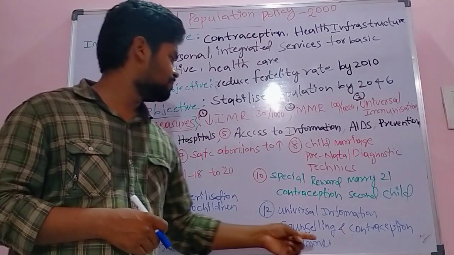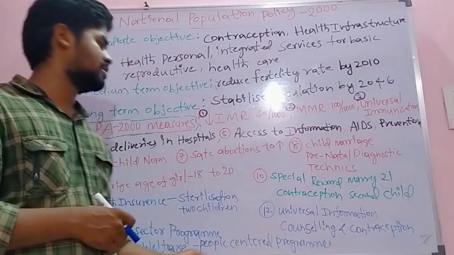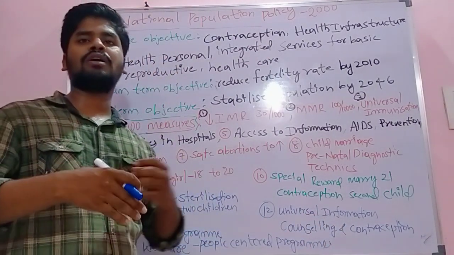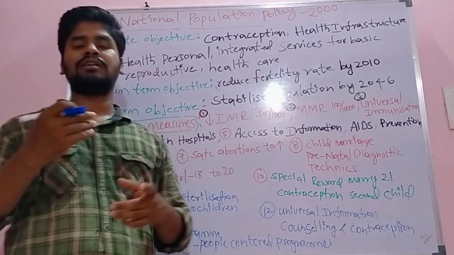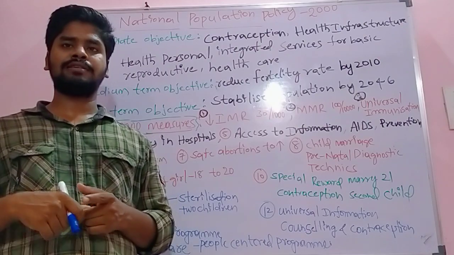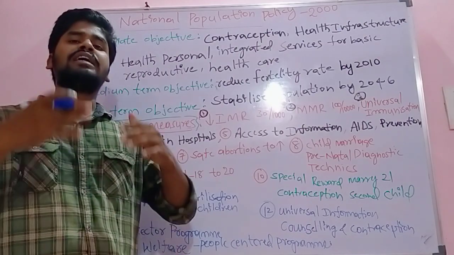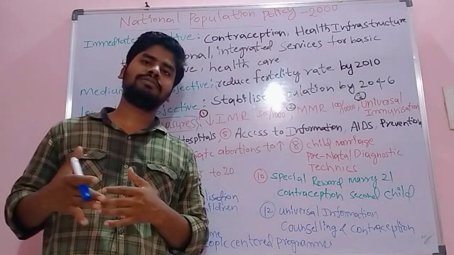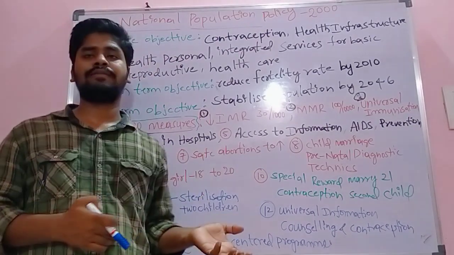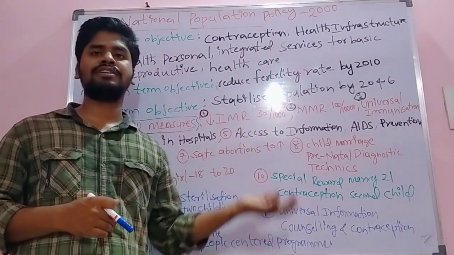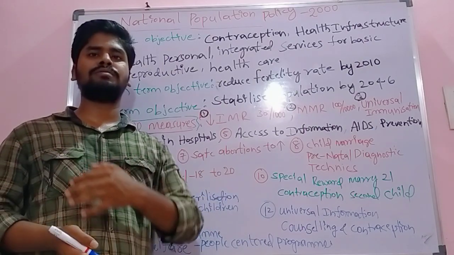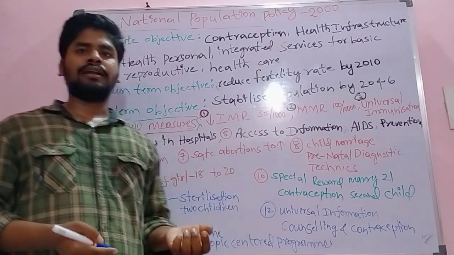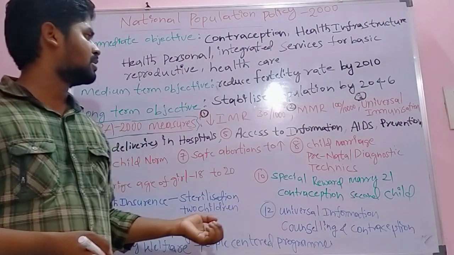And at the same time, see counseling and contraception. The government gives counseling to each and every woman about the increasing population and the issues which our society will face. So the government has to maintain counseling, preventions, and precautions, and every piece of information has to be provided to society, right? So that's one of the most important.